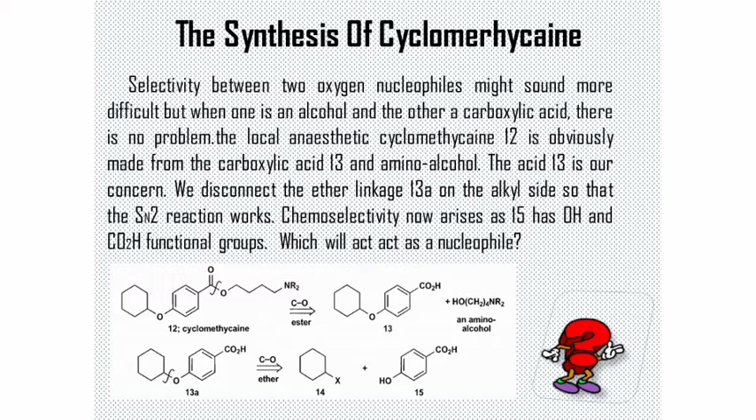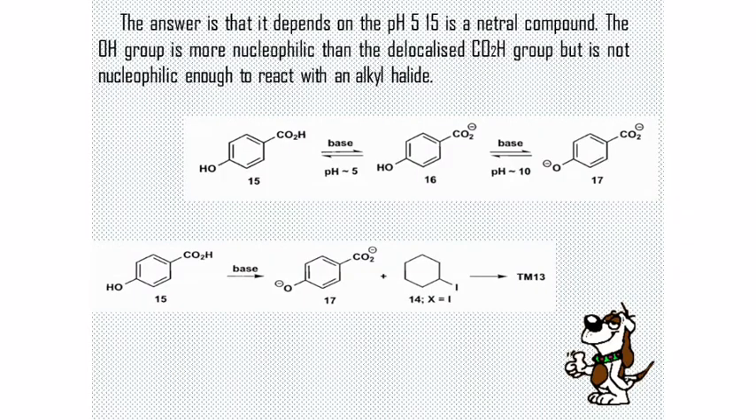Chemoselectivity now arises as 15 has OH and CO2H functional groups, either of which could act as a nucleophile. The answer is that it depends on the pH. 15 is a neutral compound. The OH group is more nucleophilic than the delocalized CO2H group but is not nucleophilic enough to react with an alkyl halide. We can increase its reactivity by adding base and, between about pHs 5 and 10, it exists as